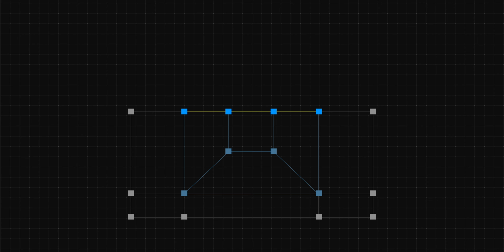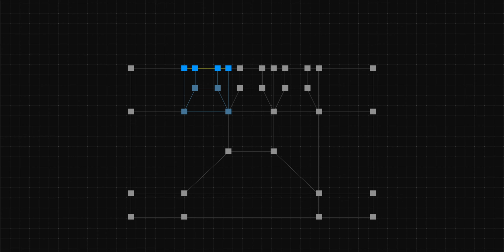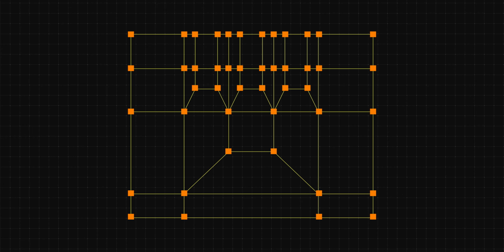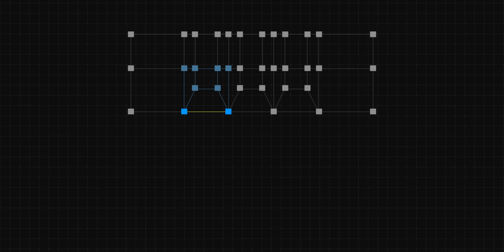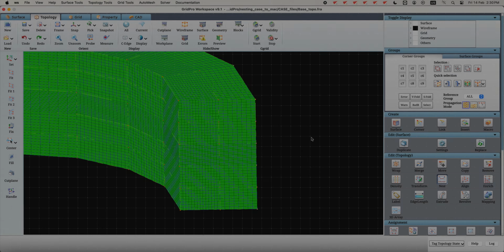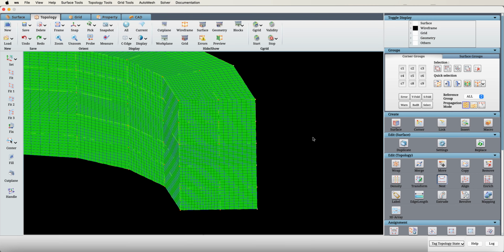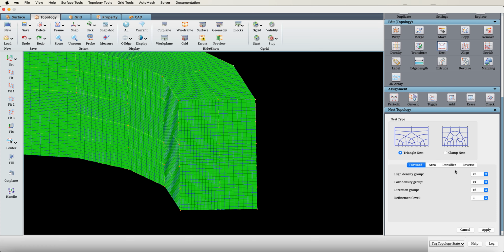Clamp nest. The clamp nest method takes the 2 corners and converts them into 4 as we move from low-density group to high-density group. In the case of reverse clamp nesting, it takes 4 corners and converts them into 2 as we progress. Let's apply clamp nesting to the same topology and groups used for triangle nesting. Starting with refinement level 1,